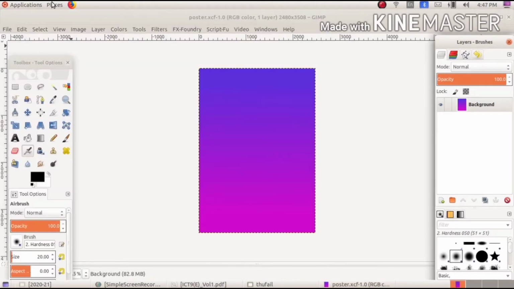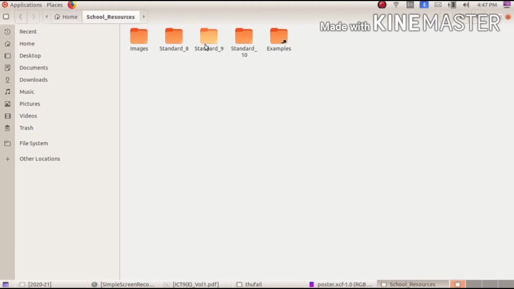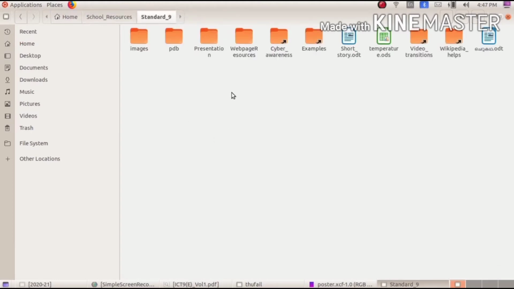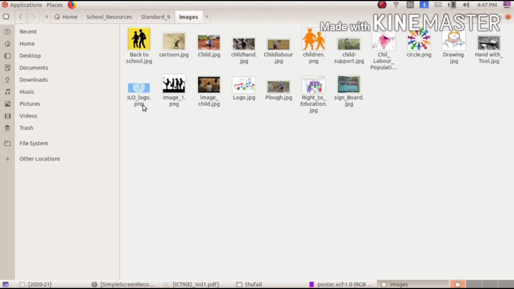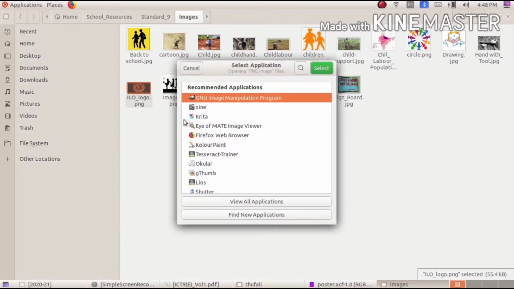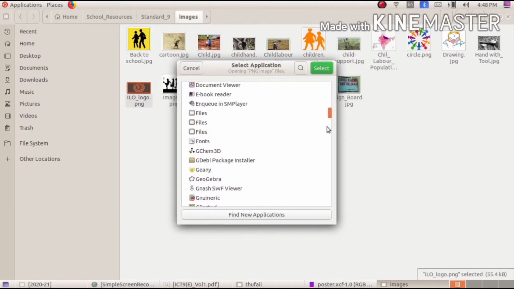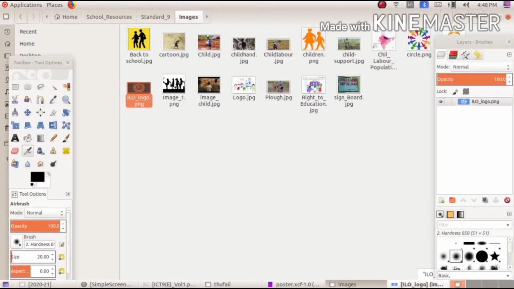Otherwise, we can come from the home folder and school resources, then standard 9, images. Here we can see that. Then we can right click on the desired picture and choose open with other application. There we can see GNU Image Manipulation Program. If it is not showing here, we can see the option to view all applications. Then when we click it, other applications will also appear. So we can select it and open it like this. Okay,